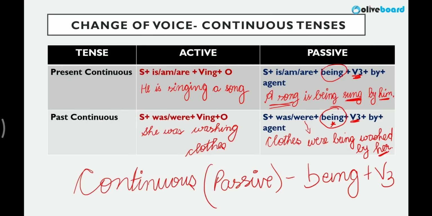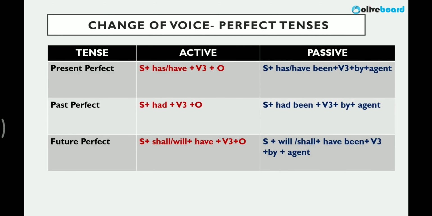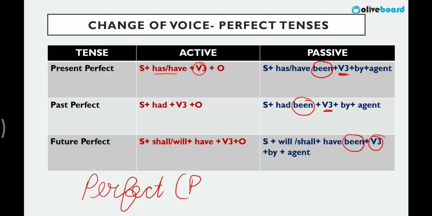So this is your continuous. Next, let's talk about the perfect tenses, right? How do you convert perfect tense statements into passive form? Okay. So we have present perfect, which we use has have plus V3. Now you see, notice one thing. For continuous, we use being. For all perfect tenses, we use B double E N, been, V3. So basically, for all your perfect tenses in passive voice, please add been plus third form of verb,